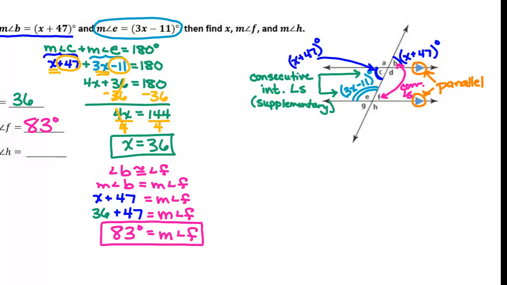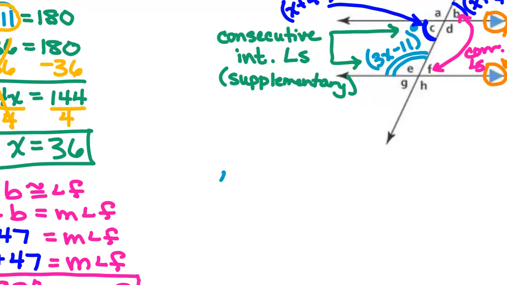Measurement of angle H. H is right here. Can you give me another angle that would be the same size as H? E, because these are what kind of angles? Vertical angles, yes. Angle E is congruent to angle H, so the measurement of angle E is equal to the